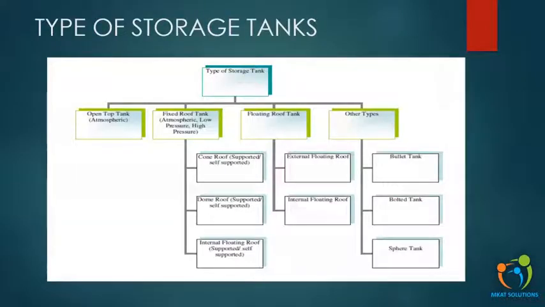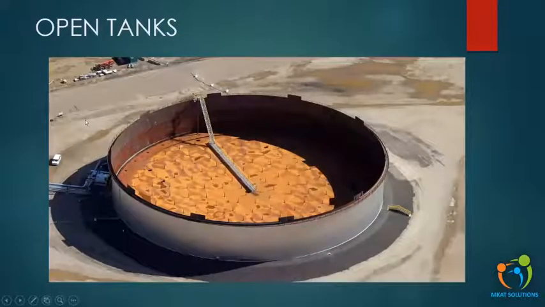Now about the types of storage tanks. The storage tank can be an open top tank. You can see like this, there is no roof, just a cylindrical shell. This can be used to store a fluid which, even if it gets dirty, we don't have any problems with, like plant water, or maybe the fire water. Those kinds of fluids can be stored in open tanks. Definitely the roof is not there, so we can save the cost of it.